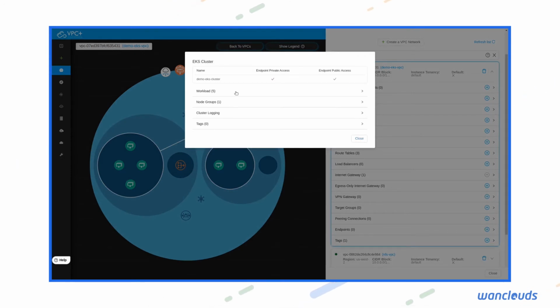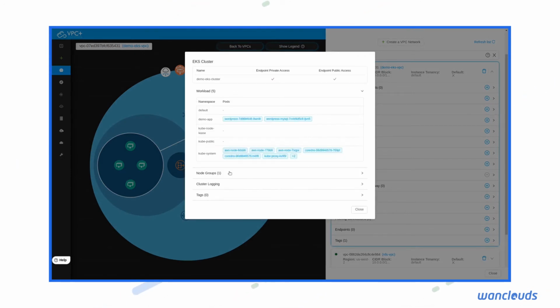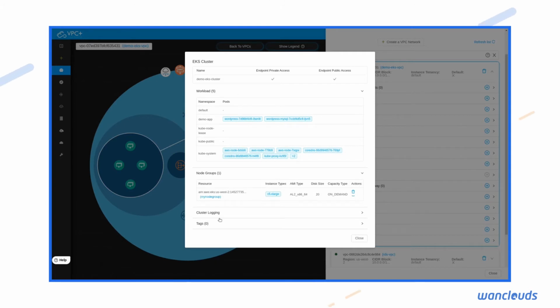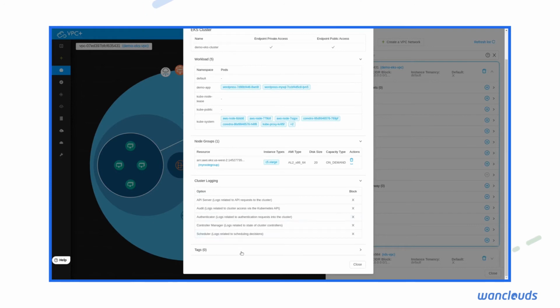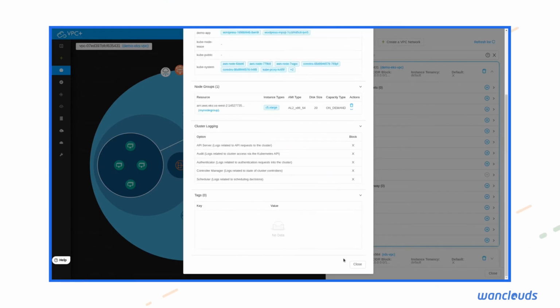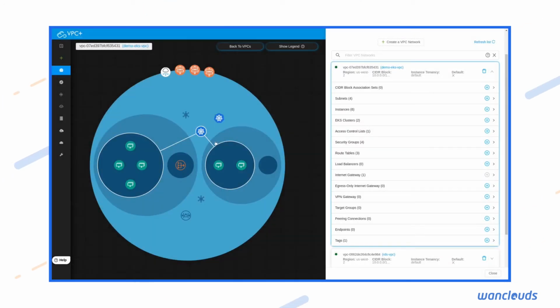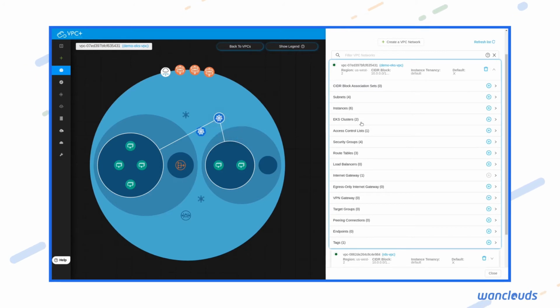In this case, we can see the workload sitting on this EKS clusters, its node groups. This provides an intuitive way for the user to view its VPC and help them understand how the traffic flows in through different resources.